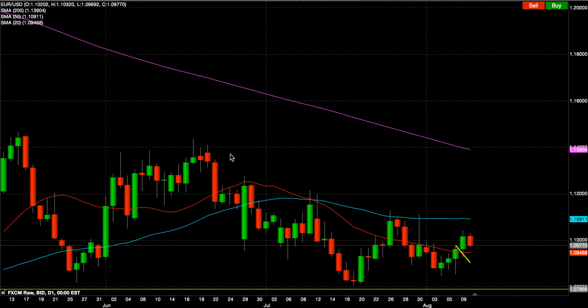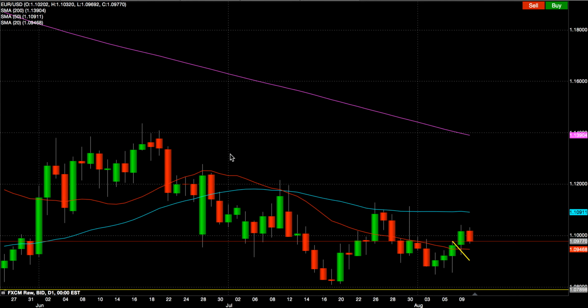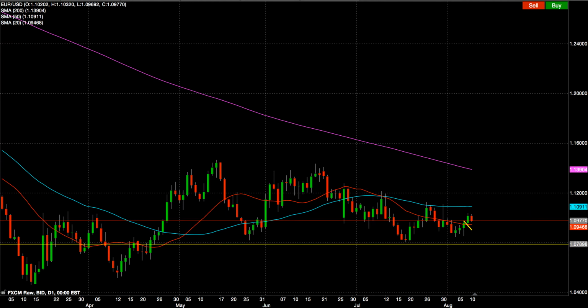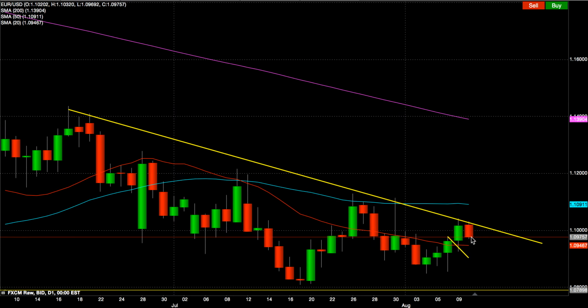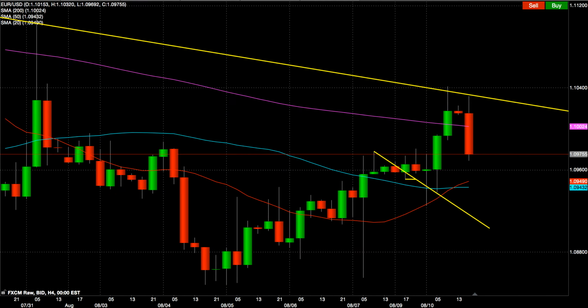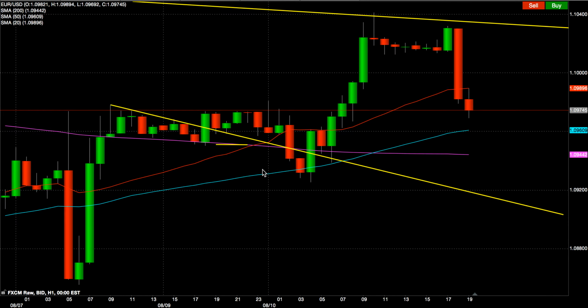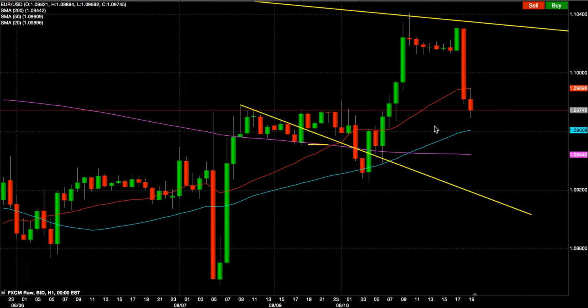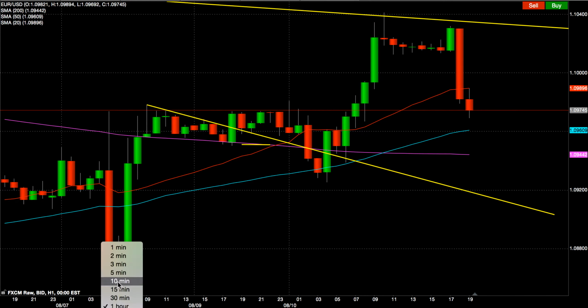Let's check out the daily. You can see here on the daily chart, Euro USD is having a hard time breaking this trend line here. So on the daily, it looks fine. I think it's still bullish on the daily. On the 4-hour time frame, it's definitely bearish. On the hourly time frame, this is looking bearish also. And on the 10-minute,